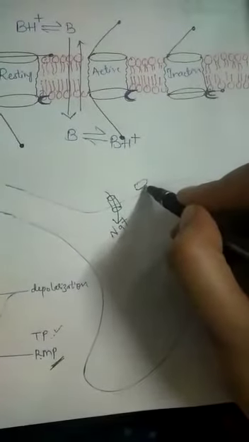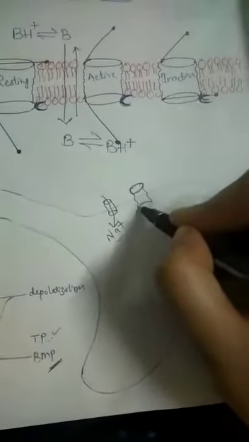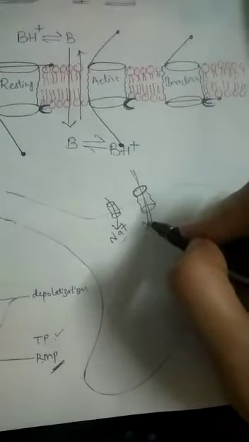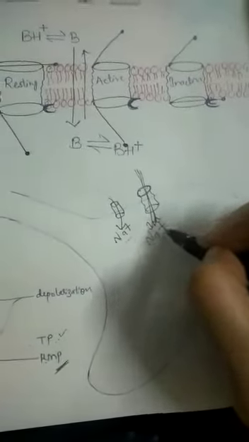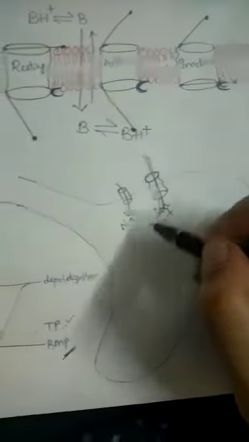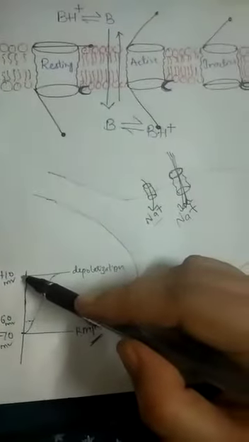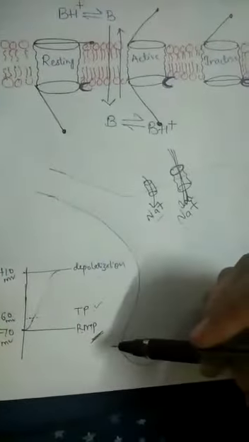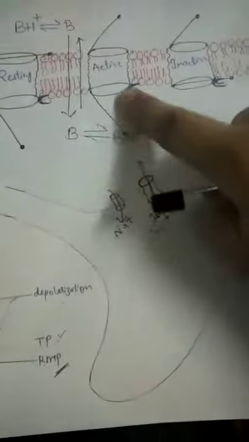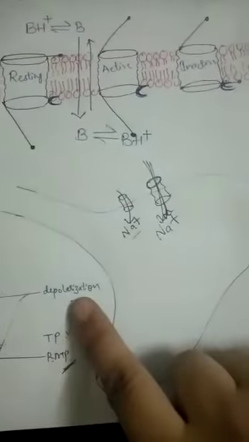Now when these sodium channels are active, what will it cause? It will cause a massive influx of sodium ion via the voltage gated sodium channel, and the entry will be so much that it will drag the membrane potential to a positive polarity. That means depolarization takes place. Now once depolarization takes place, what happens? When there is entry of sodium, slowly the inactivation gate will start closing, and finally once depolarization is achieved, it will cause a complete closure of this inactivation gate.